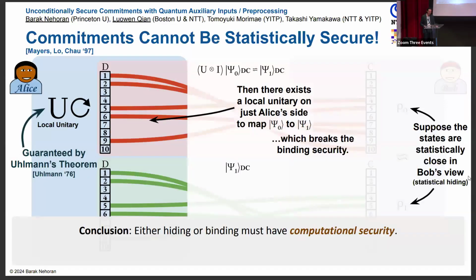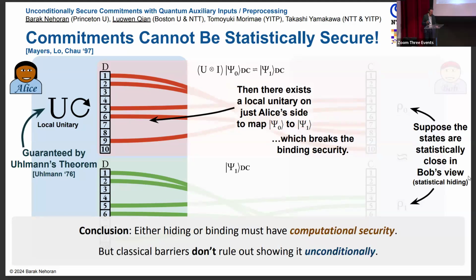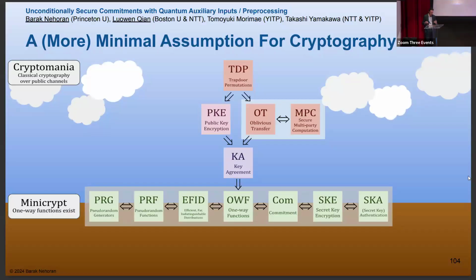So if you want a secure commitment, we need one of either hiding or binding to have only computational security. But this doesn't actually prevent us from showing the security unconditionally. And in fact, for quantum commitments, classical barriers don't rule this out. To see why that's significant and to put it in context, let's zoom out to the big picture on computational cryptography. Classically, it looks something like this,